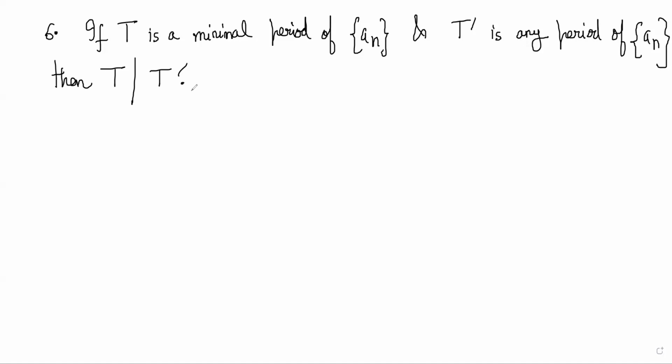We know that if t is the minimal period, then any multiple of t is also a period. So what is true is that t will divide any higher period of the sequence. T divides t dash here, right? And then